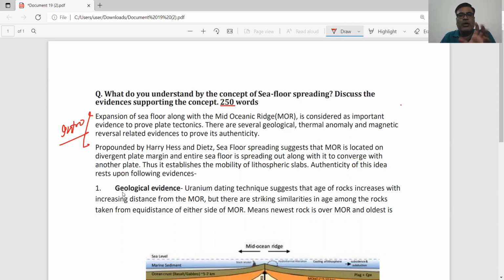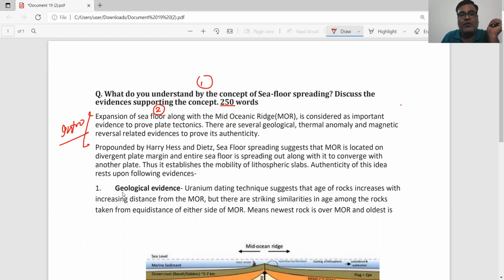And I will show you. You can see that this is the question number, part number 1. What do you understand by the concept of seafloor spreading? And then part number 2 discusses the evidences supporting the concept. So here you see the answer says that